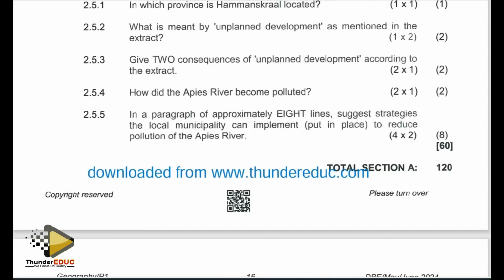We can implement buffer zones around the rivers to limit development close to the rivers. We can fence the rivers so that we limit development close to the rivers, and also limit unwanted activities happening close to the river. It's also an act that we can put in place along the rivers or along the wetlands. We can buffer them so that we limit development close to the rivers.